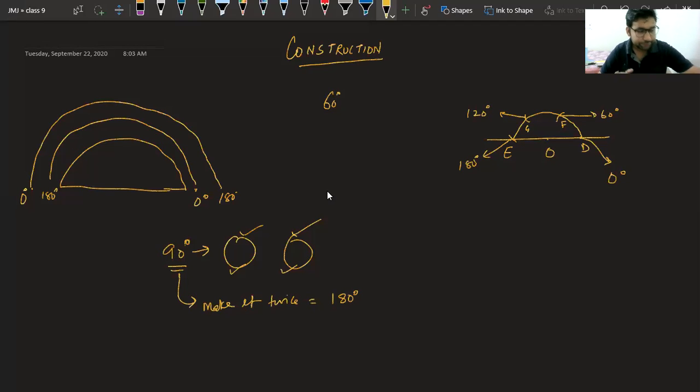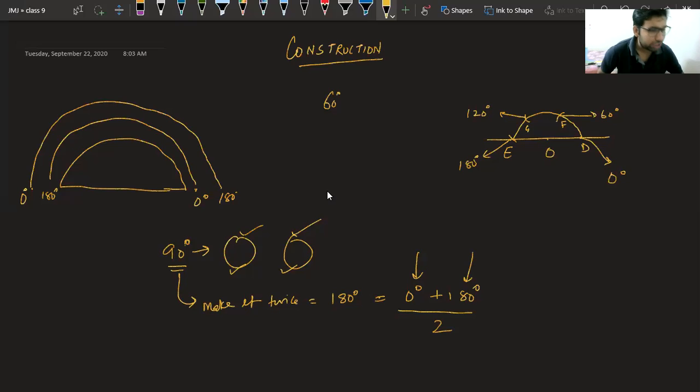Now, class, tell me the first pair of two angles whose sum is 180 degrees. Yes, the first pair is 0 degrees plus 180 degrees. If I take these two angles, their sum is 180, and if I divide by 2, what will I get? Yes class, 90. This gives me an idea. If I am able to draw 0 degrees and 180 degrees, and I draw their perpendicular bisector, what I will get is a 90-degree angle.